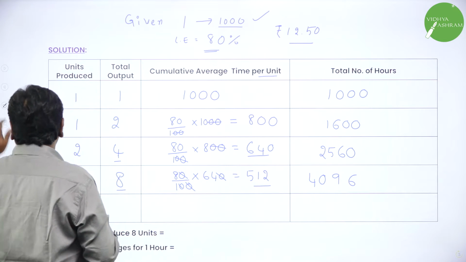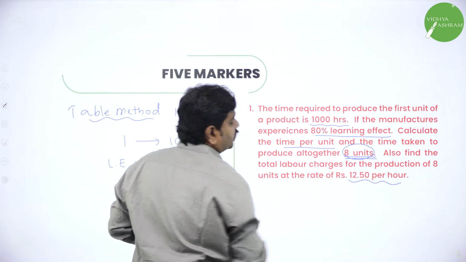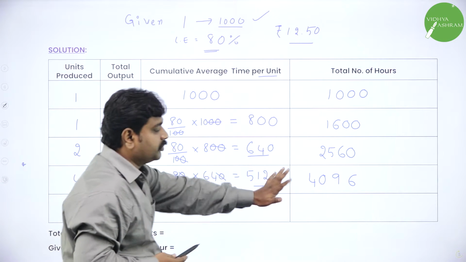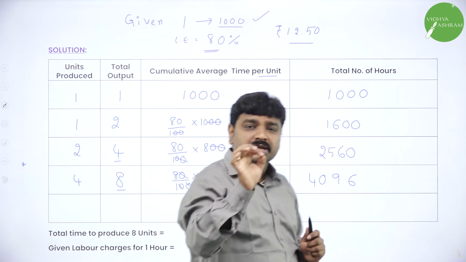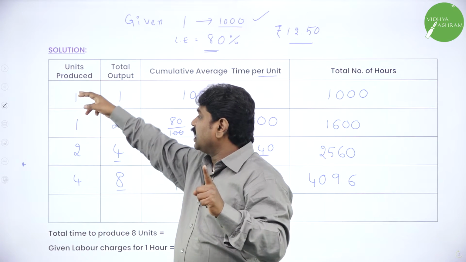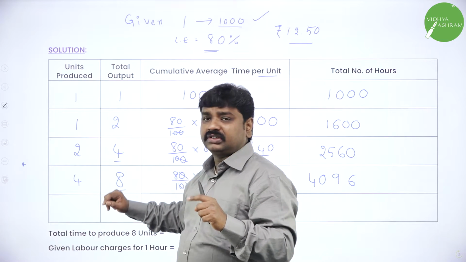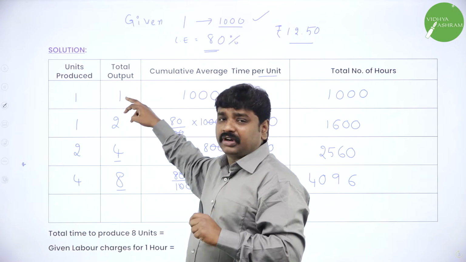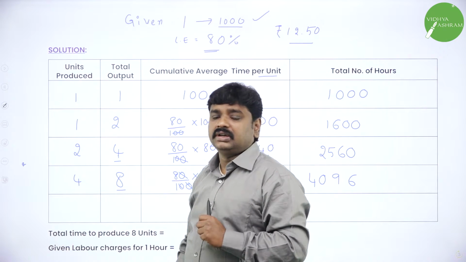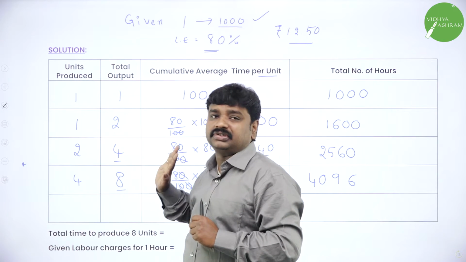And the question is, if you refer to the question, they want 8 units, that's it. So that's why I'll stop it, because my output I got 8 units, I'll stop the process. Now I'll simplify this. Here first unit 1 you put, then add the above one, you'll get next, add these two, you'll get next, add all, you'll get next. But here go on doubling, 1, 2, then 2 double is 4, 4 double is 8, like that. So you stop. If you want 8 output units, here when it is 8 you should stop the process.